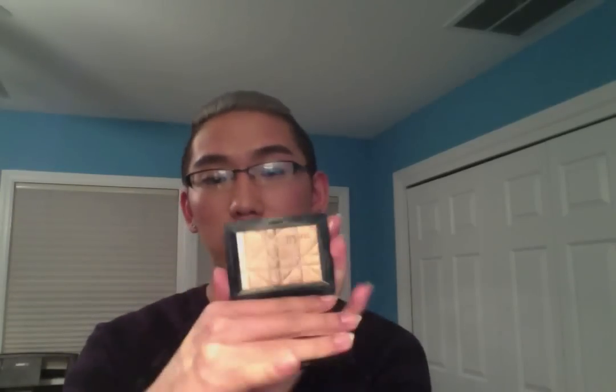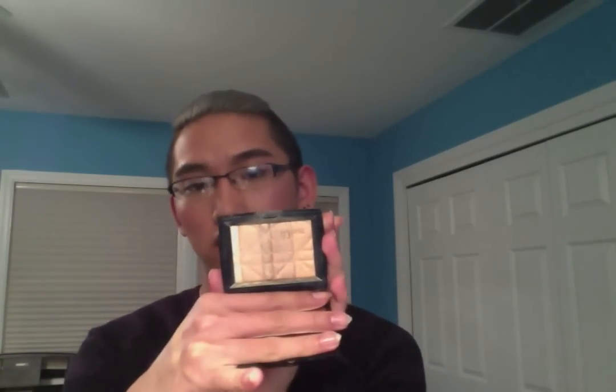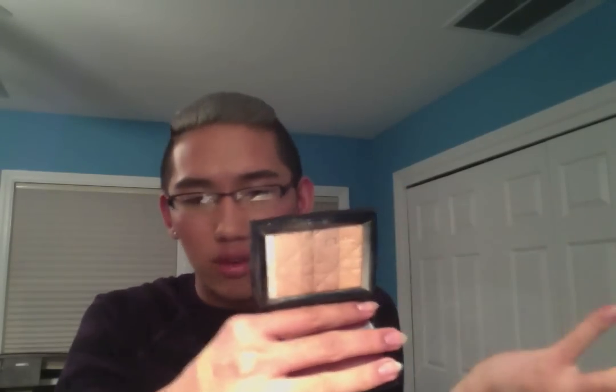This one is beautiful. The texture of it is super smooth. I have probably had this for over a year now, and you can still pretty much see all the embossment of it. This is the never-ending supply of highlight because it's so compact and smooth that you never really notice wear with it. But it's out of this world. And I think I'm probably gonna stop talking about it because then you guys are gonna want it